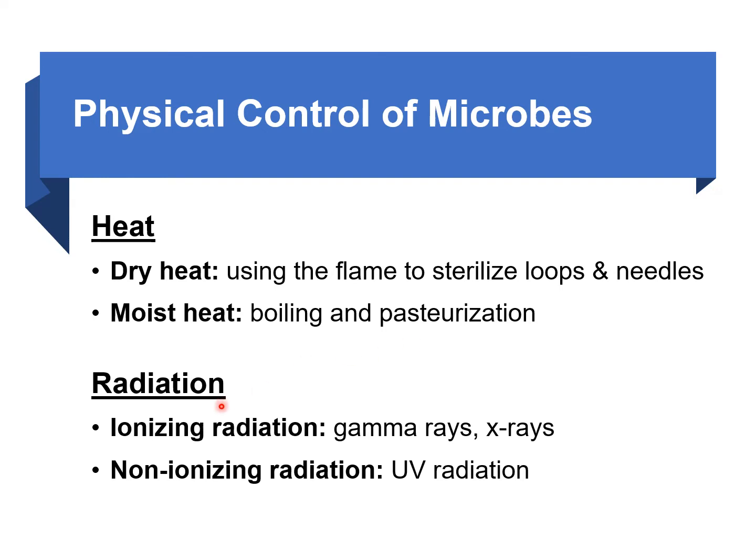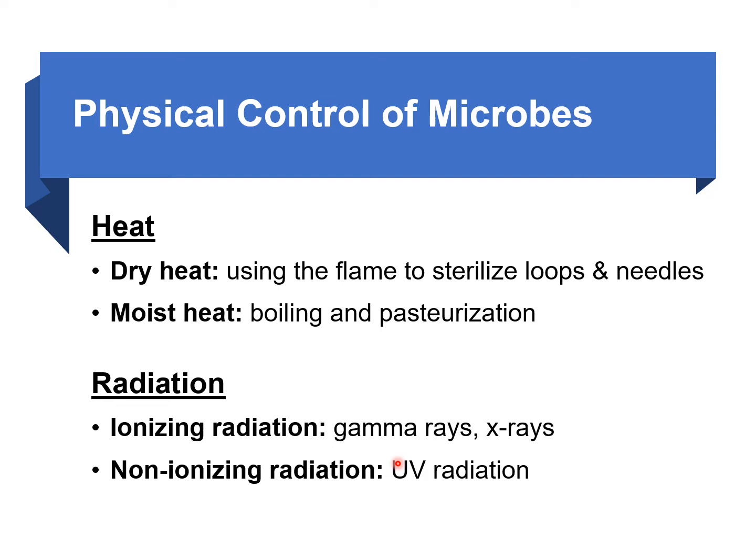So another type of physical method that we're going to talk about is radiation. There's ionizing radiation, for example gamma rays and X-rays, and there's non-ionizing radiation such as UV rays. Now, if you compare gamma rays and UV rays, which one would be more effective and faster in killing bacteria? It would definitely be gamma rays because gamma rays are